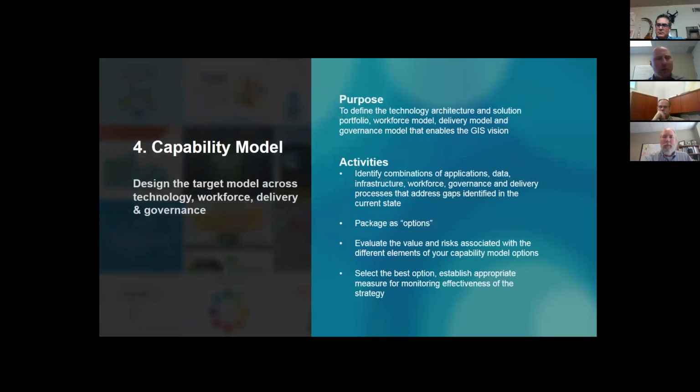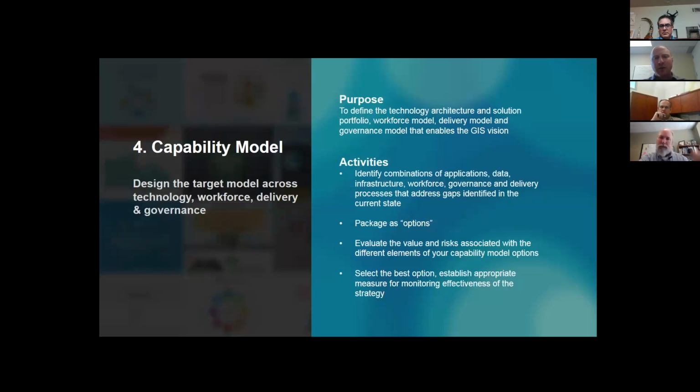The fourth of 5 here, so one last one after this, is the capability model. And this is where you really define, now you have your vision in place, you have your strategy. What do you need to have in place in terms of your technology, in terms of your workforce, in terms of your delivery mechanisms and service management, in terms of governance? So this is really an exercise now in putting together options. There are infinite ways of going forward with this. To achieve your vision, there might be many different ways you could do this, but you want to produce one capability direction. And so looking at options, packages, or combinations of technology, decisions, workforce, delivery, governance,